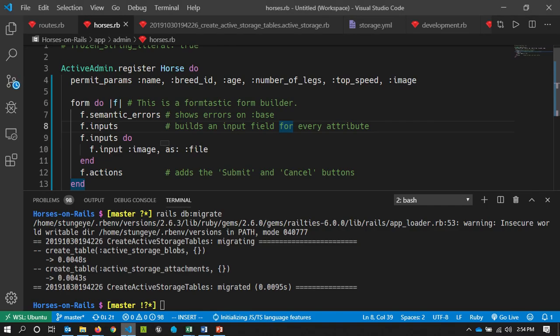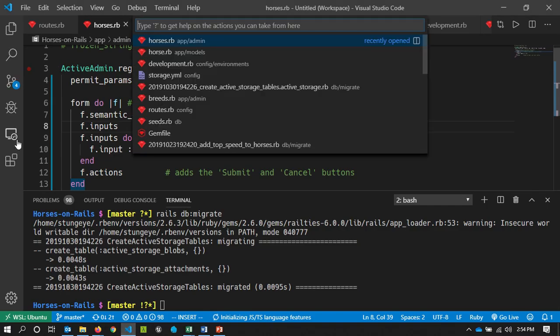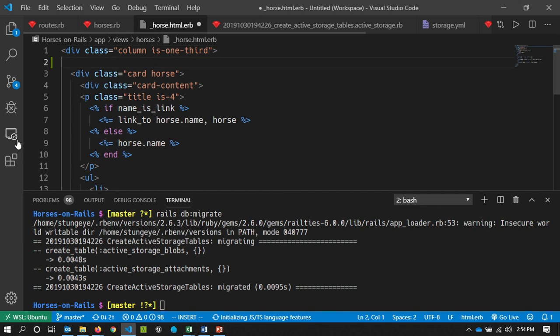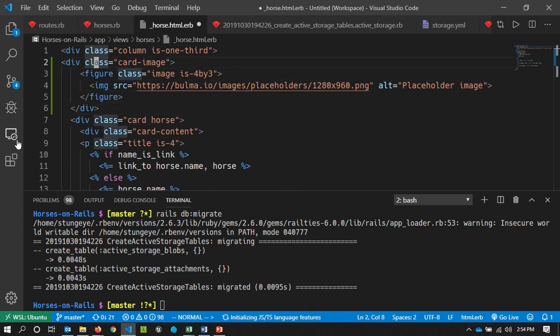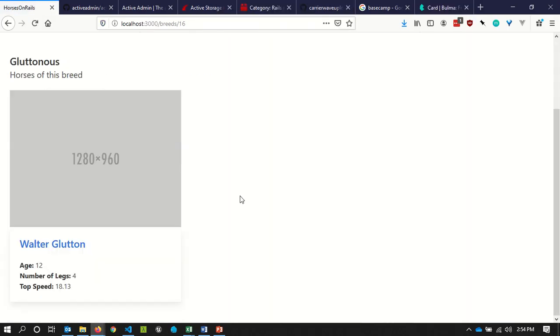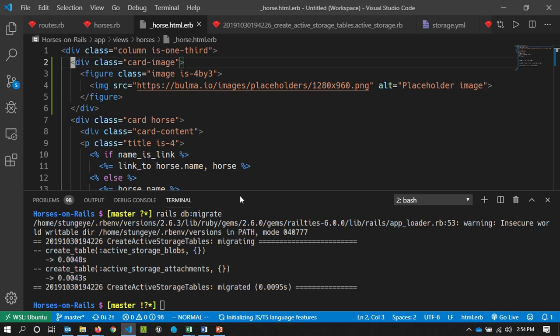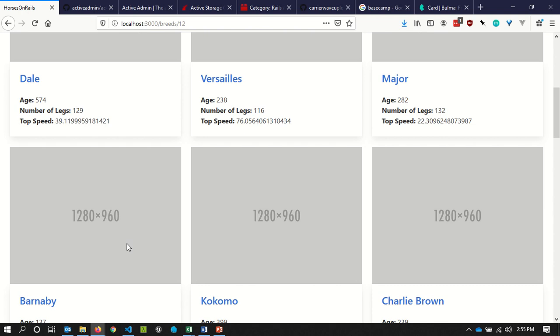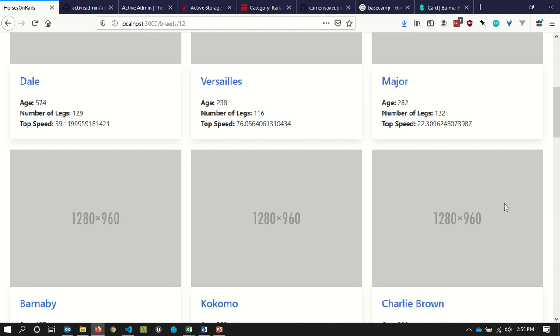And I'm going to visit my horse partial. So that's my _horse.html.erb. And I can paste that right in here. If I go back to my application, looks like that worked. But I only want that to show up if the object that I'm working with actually has an image, right? So like for these other horses that don't have images, I don't want that to be